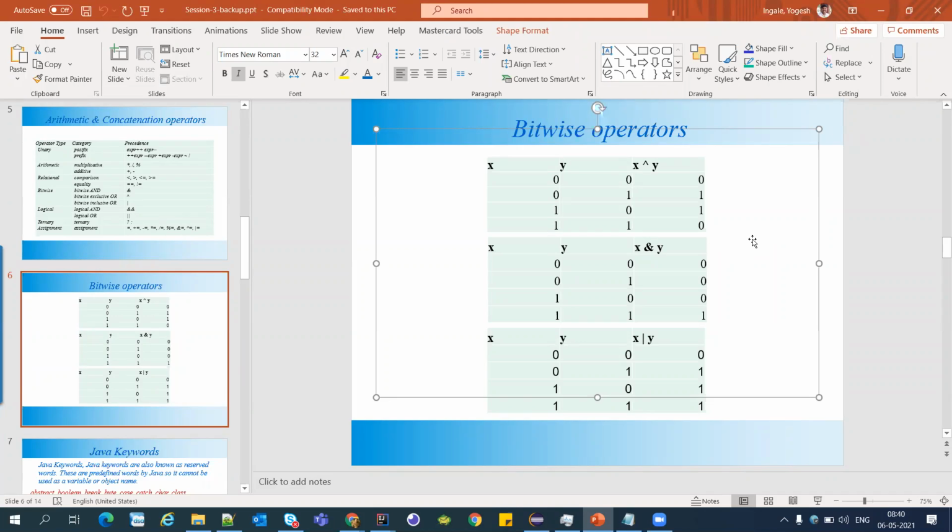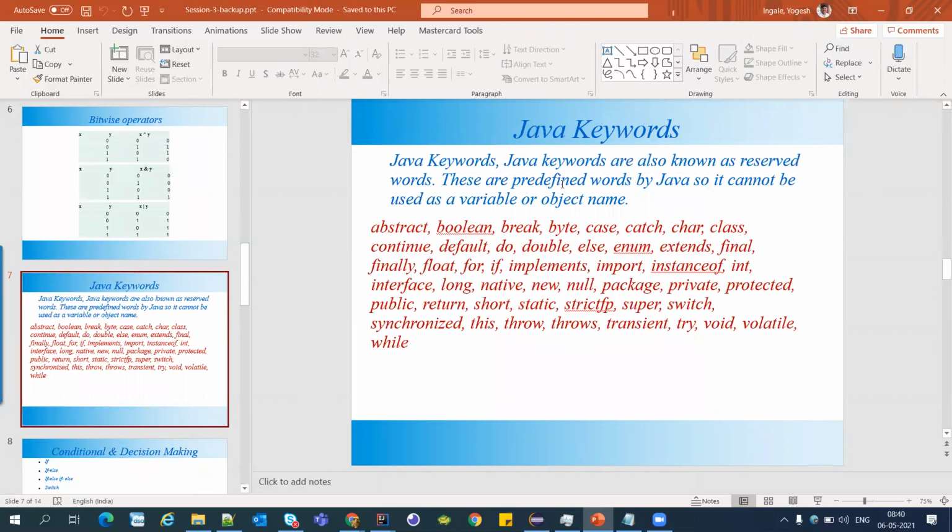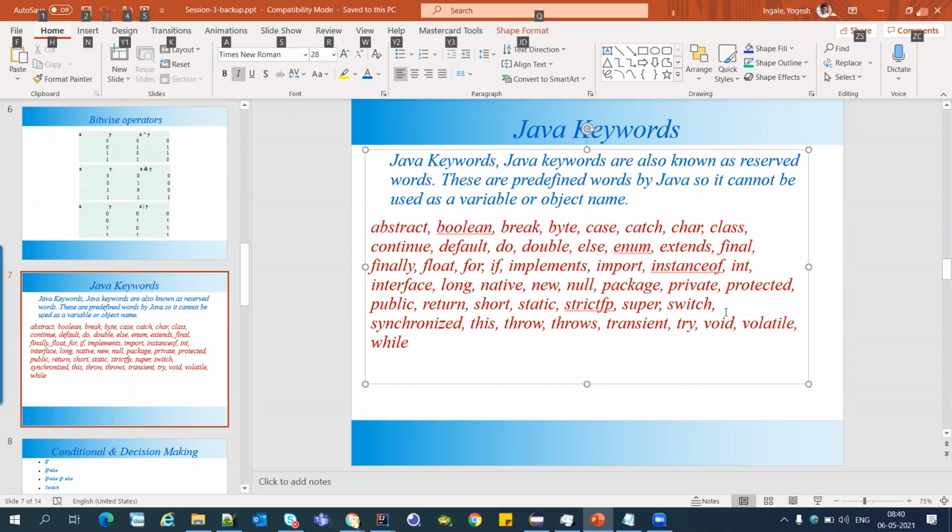Okay, Yogesh, you can go ahead. So next is Java keywords. Java has some reserved keywords which we cannot use as a variable name.